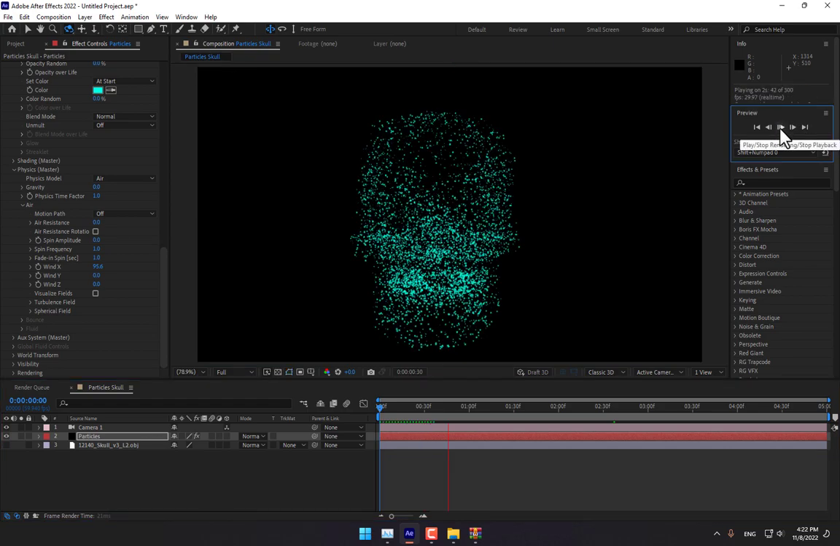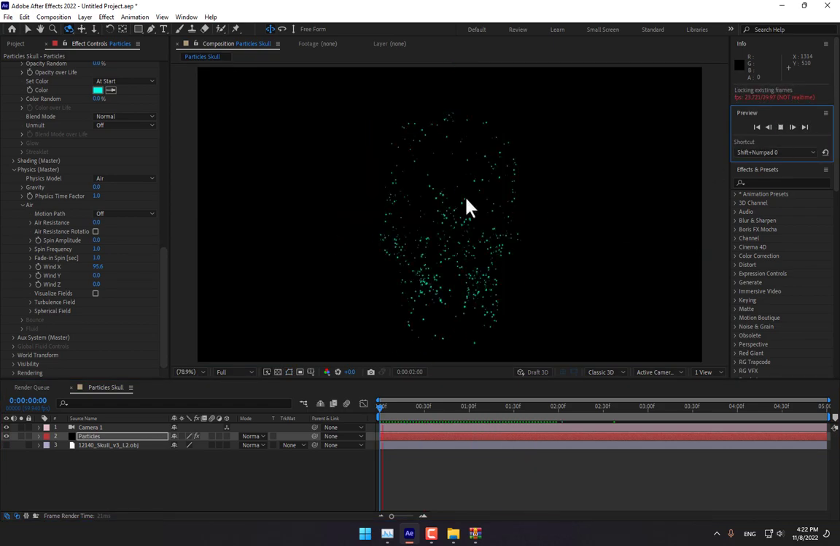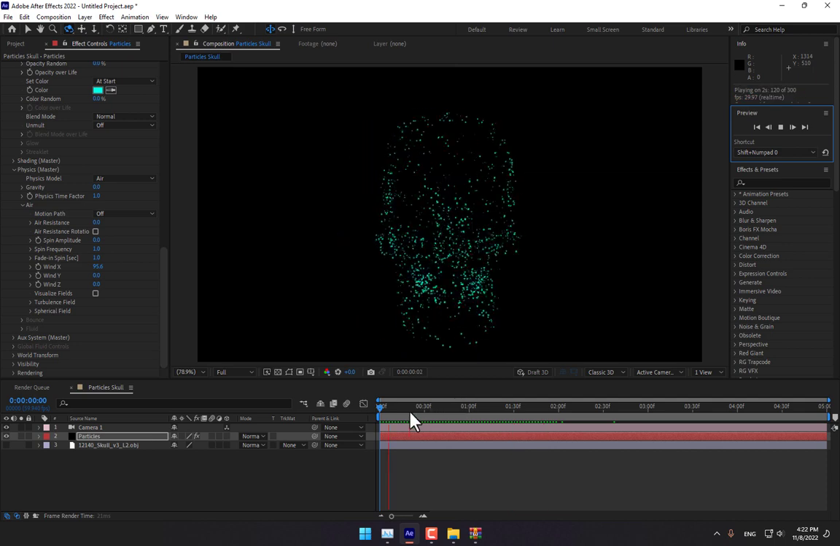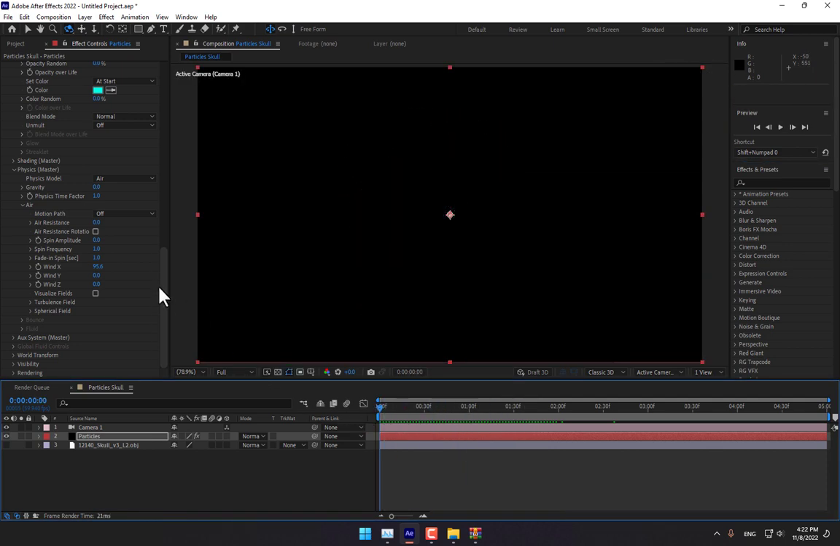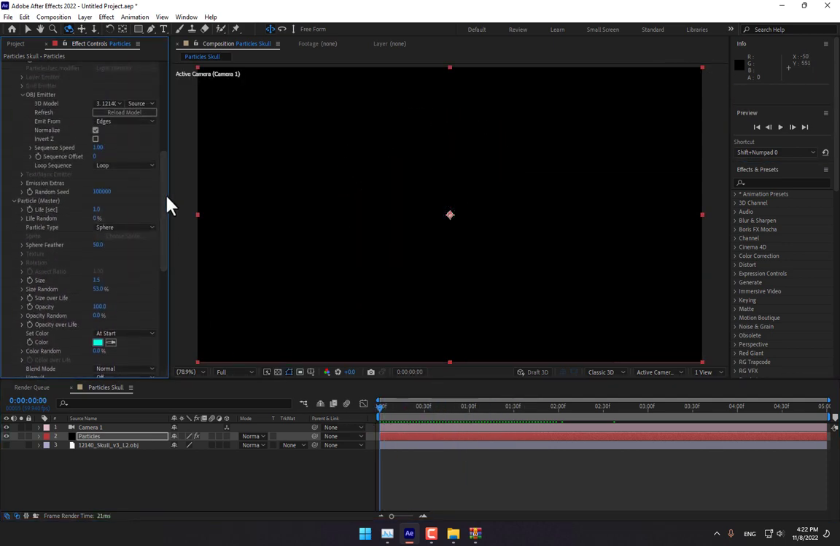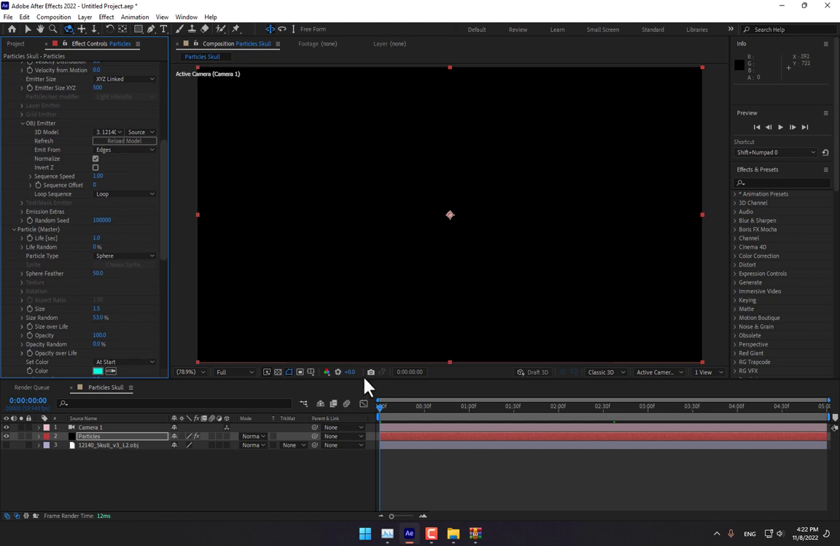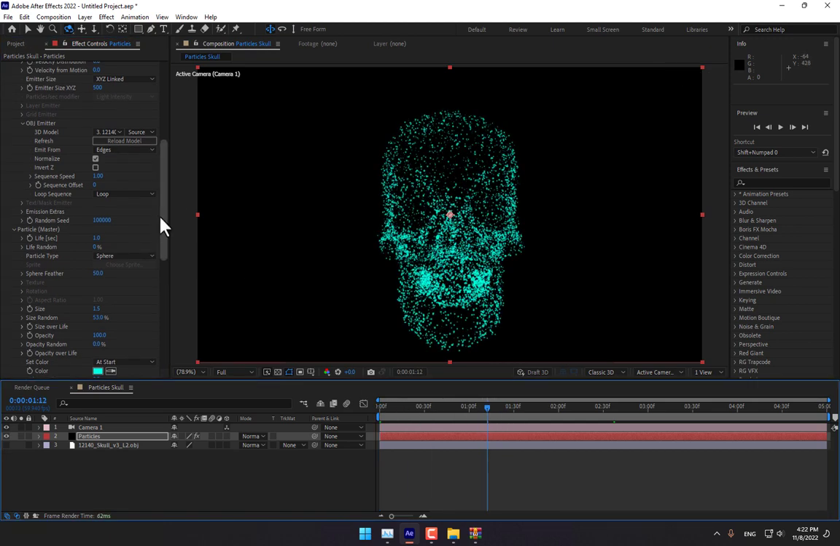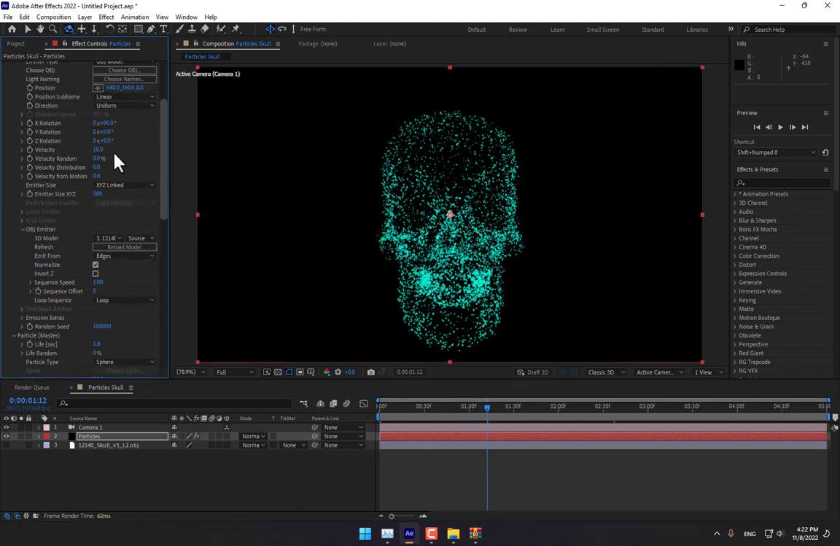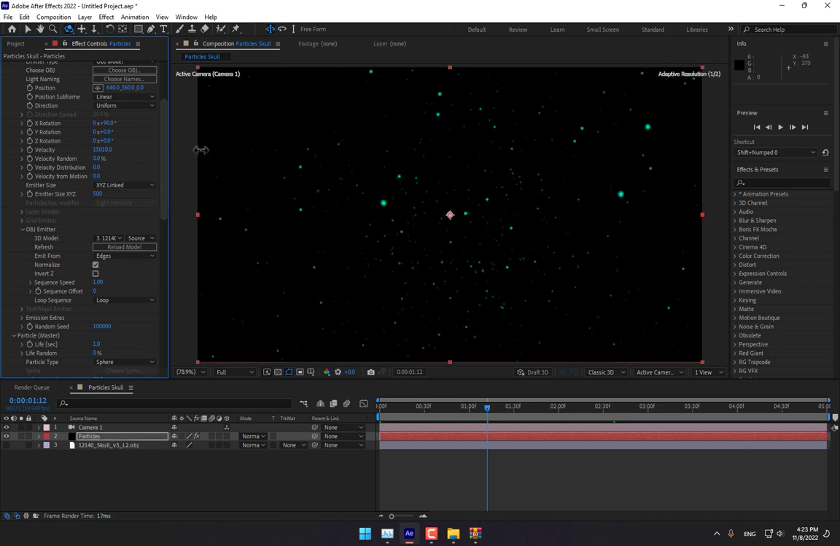Let's render. Here are the particles. You can make animation like this. Change the X back to 0 and play. Change the velocity again, press shift